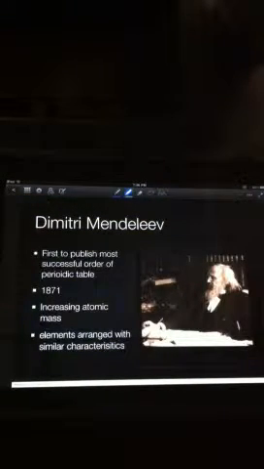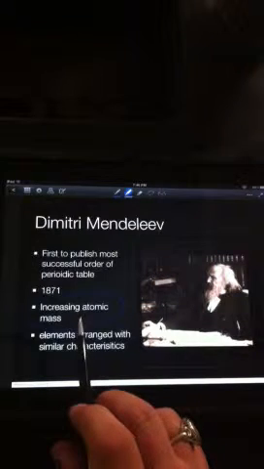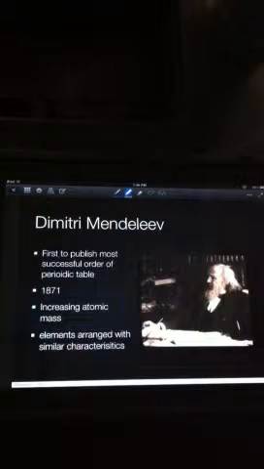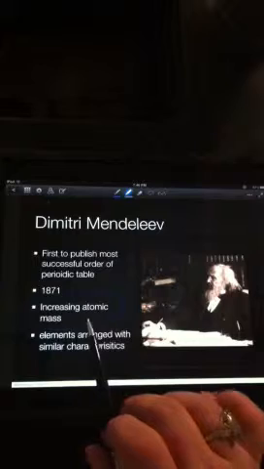Dmitri Mendeleev. He's the first to publish the most successful order of the periodic table. That's what makes him so important. He published in 1871. The one thing you need to know is this right here where we talk about increasing atomic mass. He arranges by increasing atomic mass. There's someone else later on that we're going to talk about that does it differently, and he has a reason for doing it differently. And that's our current periodic table, the new one, which is based not on Dmitri's,